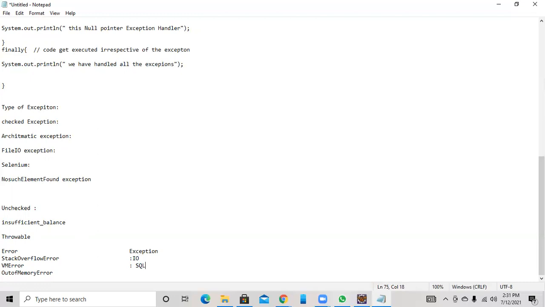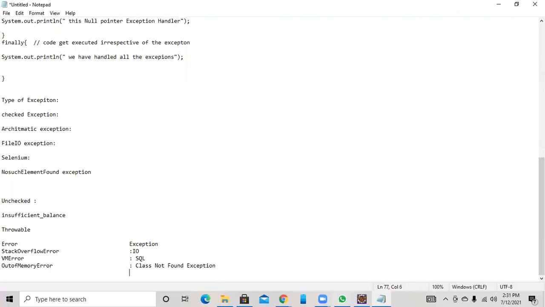SQL exception. There's another category called class not found exception. These are different exceptions. And there is another category called runtime exception. Input output exception, SQL exception, class not found exception, and runtime exception.